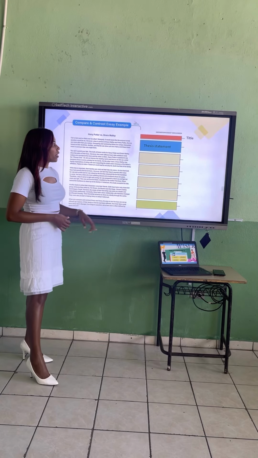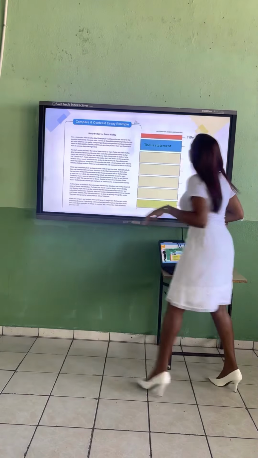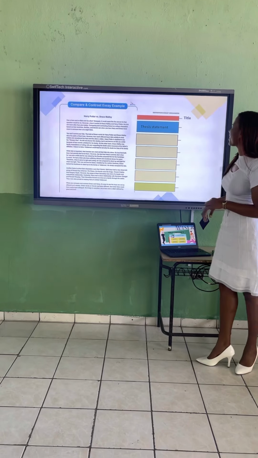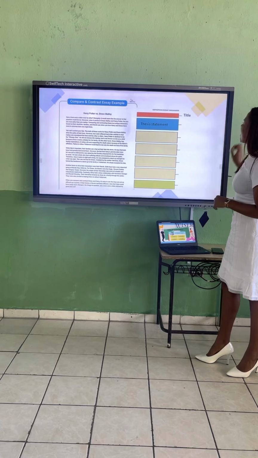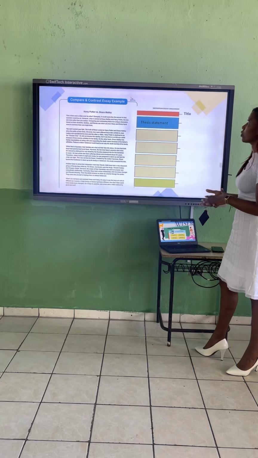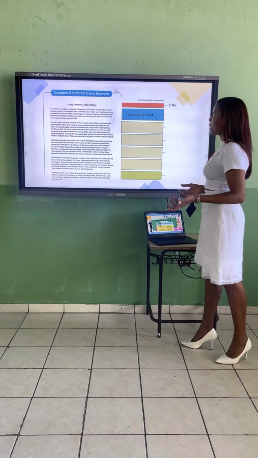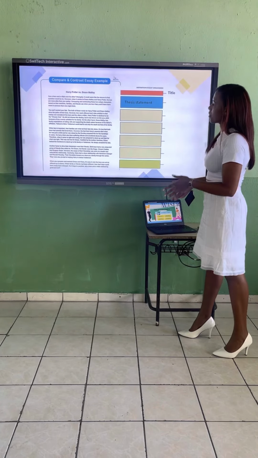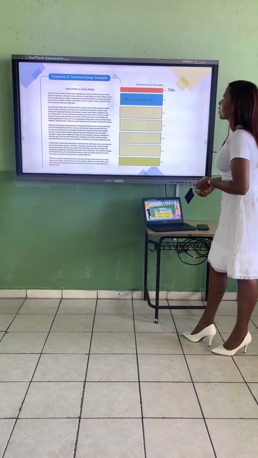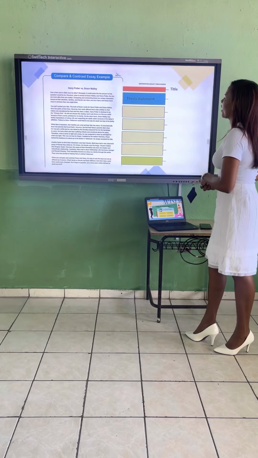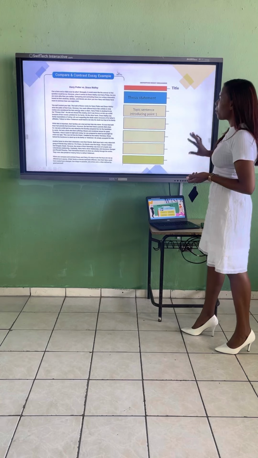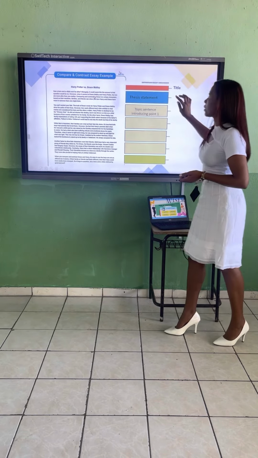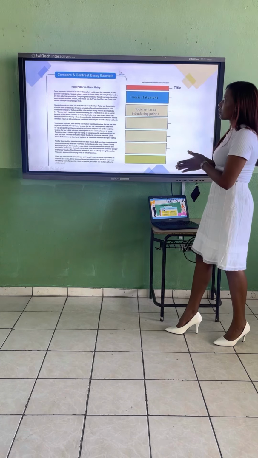For example, here. I know that you cannot see it, but I'm not going to ask you to read it, so don't worry. However, what I want to show you is the structure or organization of a compare and contrast essay and some other essays, as the previous group was saying. Here, for example, we can see the title, and we also have the first paragraph with